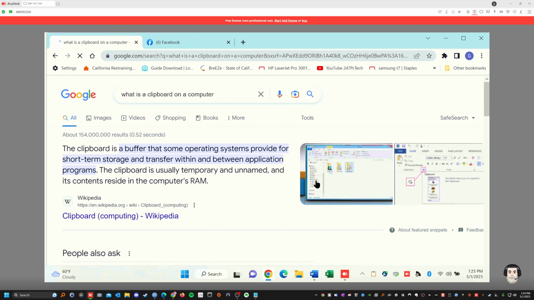Okay, a clipboard is a buffer that some operating systems, such as Windows in this case, provide for short-term storage and transfer between applications. The clipboard is usually a temporary, unnamed copy of something.